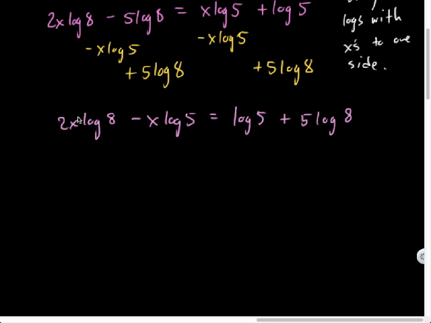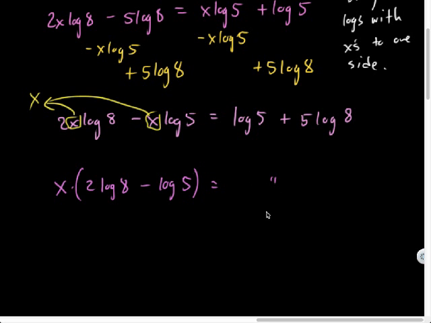Now, here's the question. I've got an x in both of these terms. How could I write this as only a single x? Challenge. I don't know, Mr. Roddy. Well, check this out. Yoink, yoink. Aha! So watch, this is actually going to rewrite this whole side with just a single x, which is exactly what I want. So x times 2 log 8 minus log 5